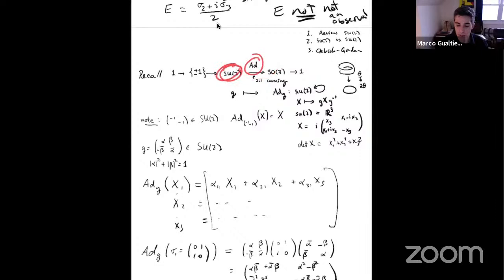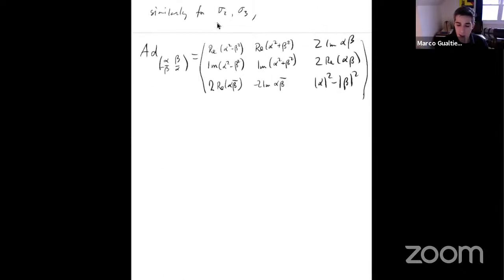What happens to a matrix in SU2 when you map it to SO3? You get a 3x3 matrix of real numbers, which acts as a 3-dimensional rotation. And the cool thing about this is that if you multiply 2 of these matrices, then these will multiply. So matrix multiplication is taken to matrix multiplication. Exactly. And it's kind of not obvious, right? Because these entries depend quadratically on these. Nevertheless, it's still true that if you multiply two of these together, you'll get the same as this. Okay, now